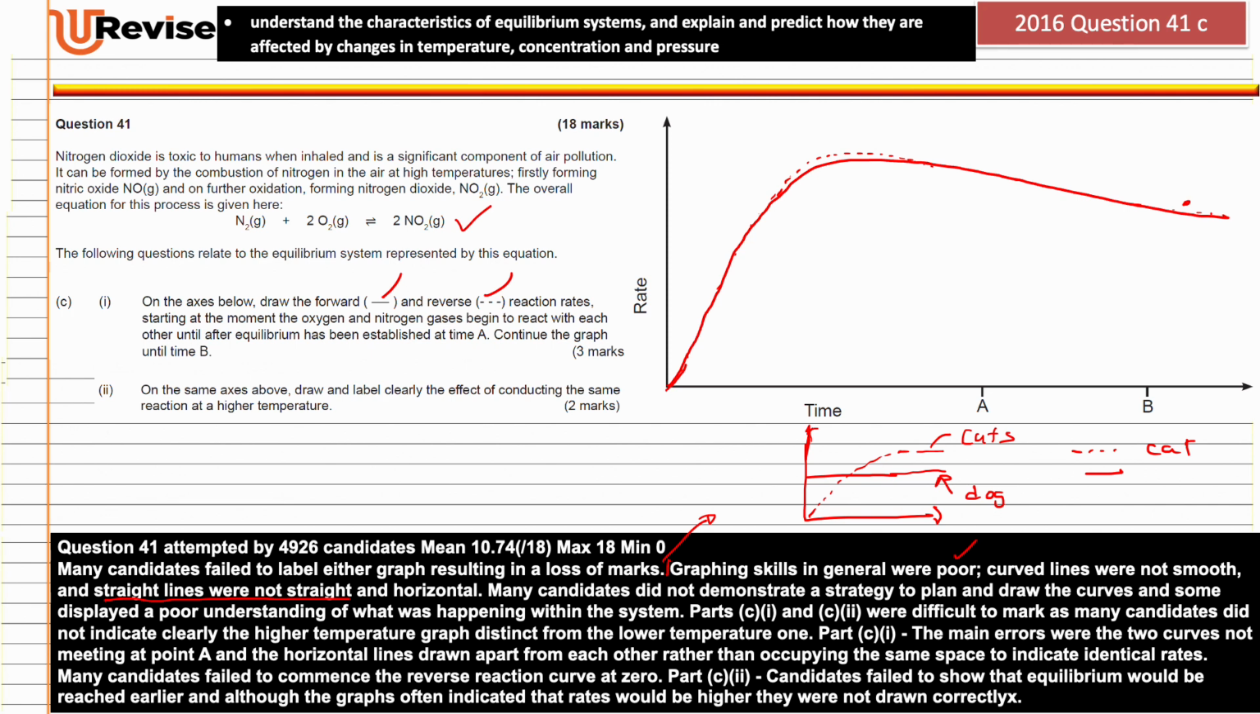And some displayed a poor understanding of what was happening within the system. So obviously when you change pressure, temperature, etc., now that's theory, trying to imagine and visualize what's going on so that it can replicate that on paper, on the graph. Part C1 and Part C2 were difficult to mark as many candidates did not indicate clearly the higher temperature graph distinct from the lower temperature one, which is what I was saying earlier here when I was giving this example,